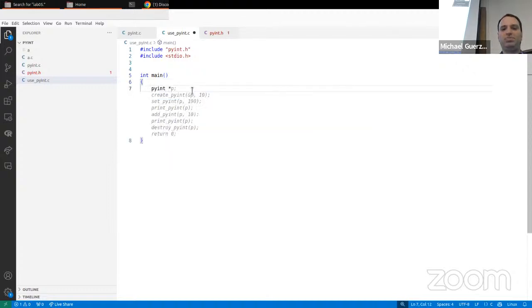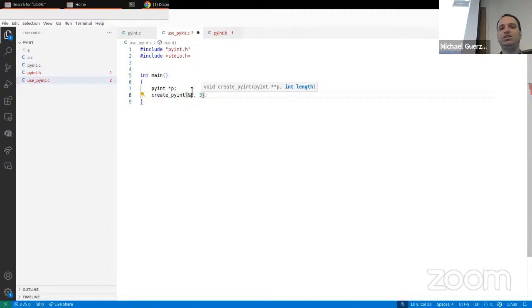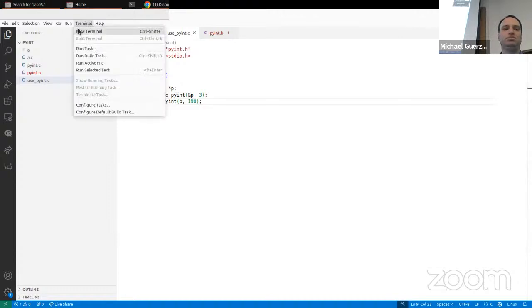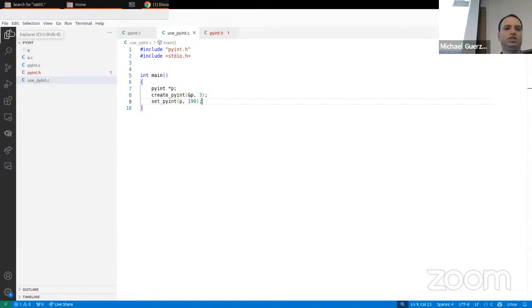So pyint p. Now I'll create the pyint. And let's say that I want whatever 3 digits. And now I want to set the pyint to 190. So when I run it the first time, I need to set